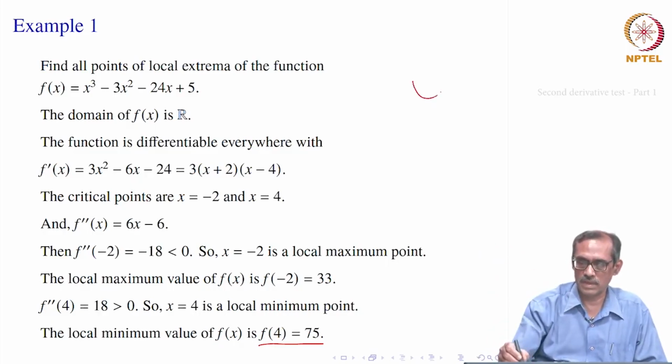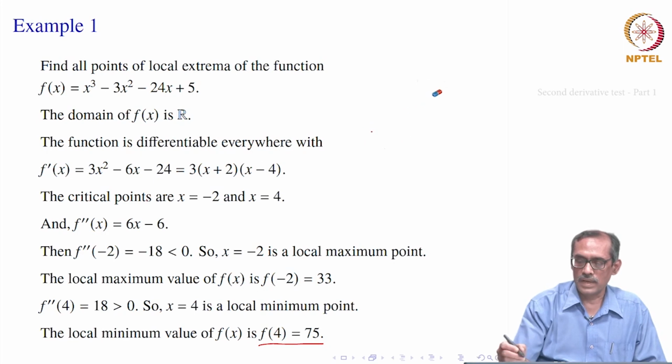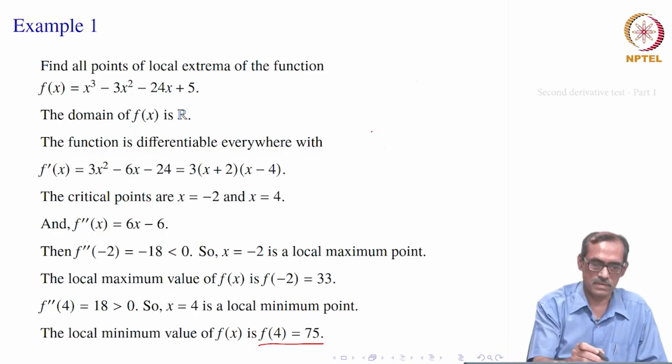So, a curve can go like this and this way, and they are joined together somehow, not like this, because this would not come this way. So, say this way. Now you see there is a local maximum point here, which is smaller than the local minimum. So, it might happen like that. Fine. So, this is how we will be applying the second derivative test.